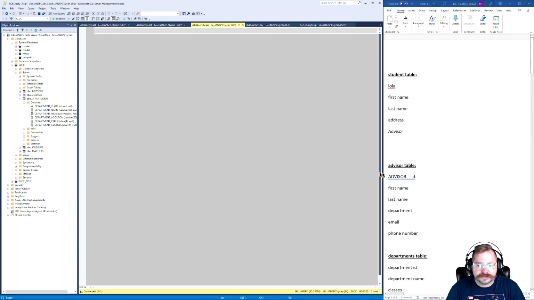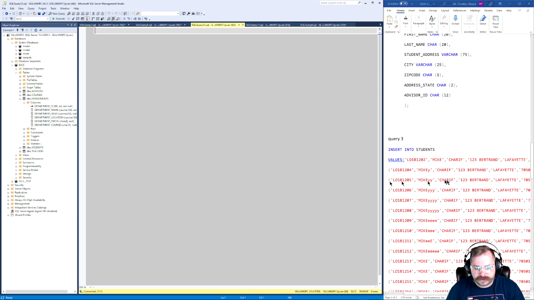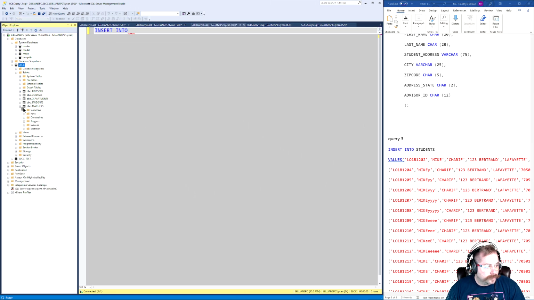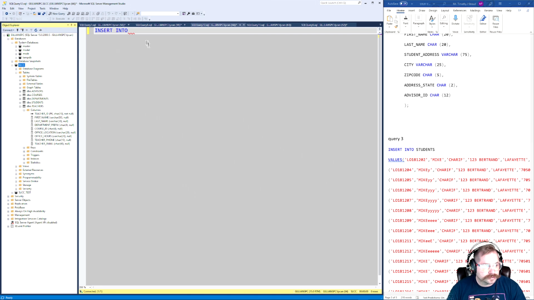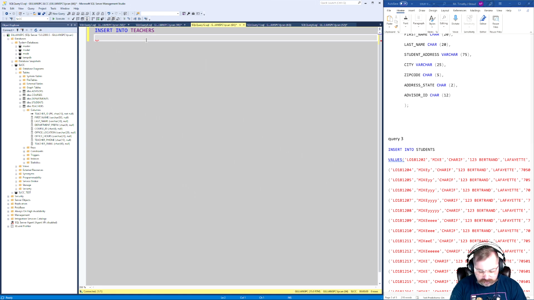And we're going to do insert into. And then what's our next one going to be? We're doing teachers, right? So expand teachers, expand columns, insert into teachers. There we go. Space, parentheses, no parentheses, values, parentheses, and we need first name. So let's go back to this list that I have. I'm just going to pull names off of this list right here. Cassie,